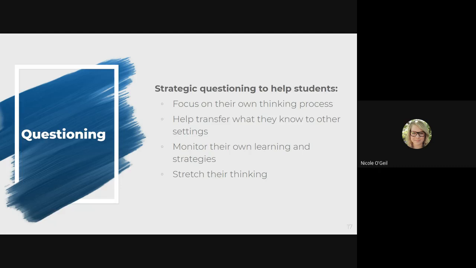So an example on this would be, where else have you seen this kind of problem? Just to start that thinking process on transferring what they know. We can also use metacognitive questions more so to prompt students to monitor their own learning and monitor their own strategies. So for example, does this answer make sense? How do you know you're finished this task? Those are some good questions to look back and see those kind of monitoring strategies that those students are going